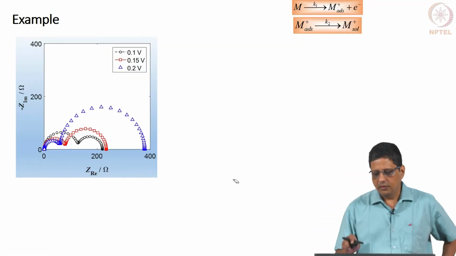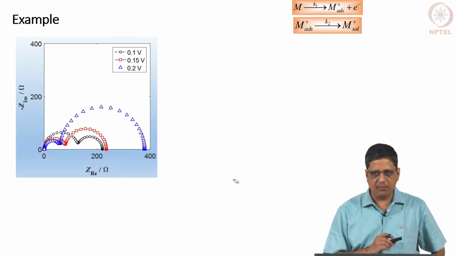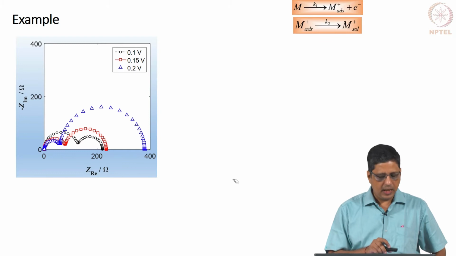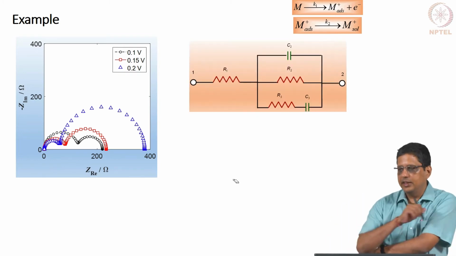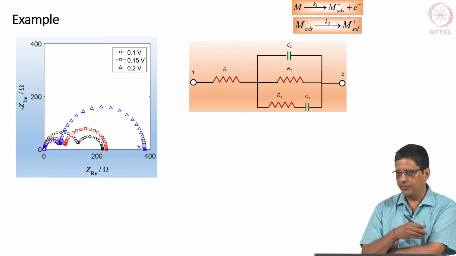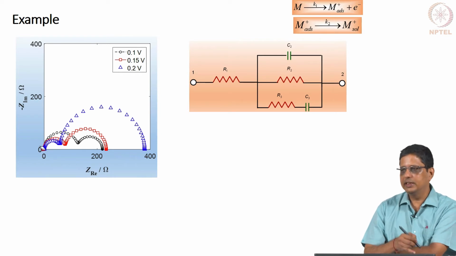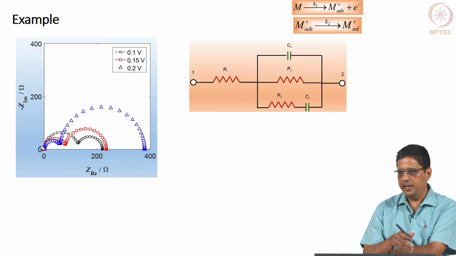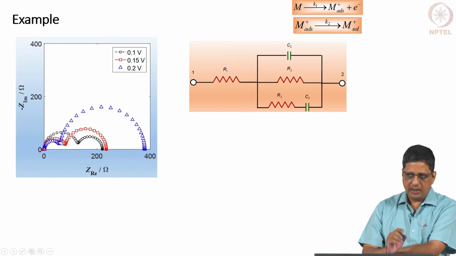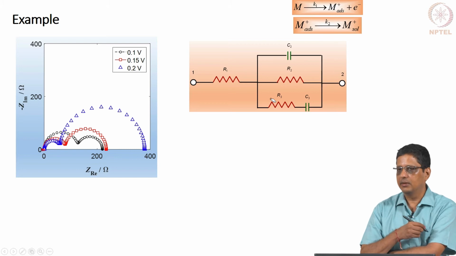Now, later we will see that if you have a reaction like this, it is possible to get an impedance spectrum like this. At different DC voltages, we will get 3 different spectra here. Now, I want to fit it to this circuit. I have 2 capacitance loops, so I am going to use one Maxwell circuit like this. Solution resistance is more or less 0. This is artificial data, of course, so I made it 0. Double layer capacitance we have to get. This resistance and this resistance we need to get.